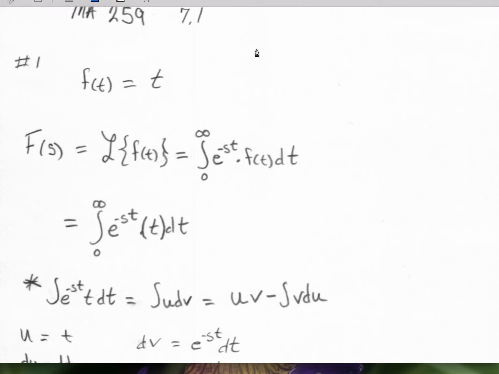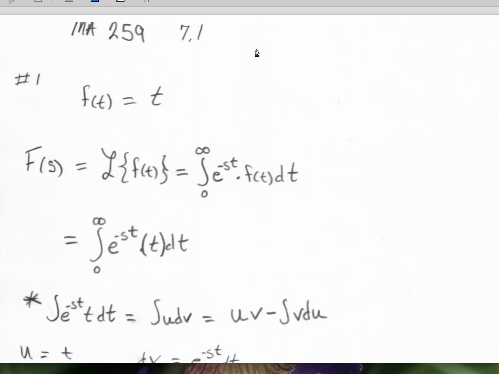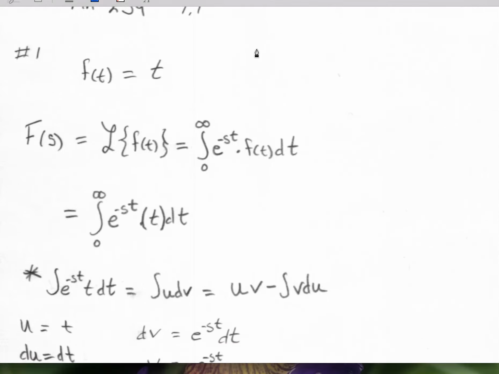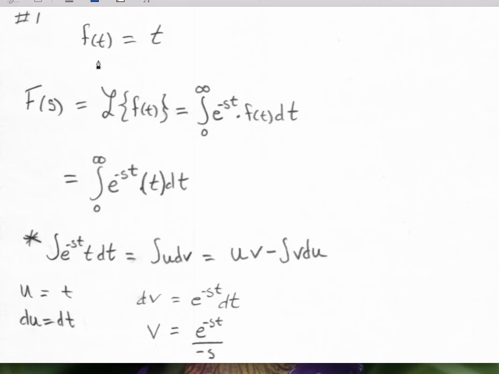Okay, this is section MA 259, section 7.1, and I wanted to work through a couple of problems here, starting with number 1. So we're given that we have this function f of t, a normal function of t, and we want to transform that to this capital F of s through this Laplace transform. So we make this symbol, this capital fancy L, inside a bracket of f of t,